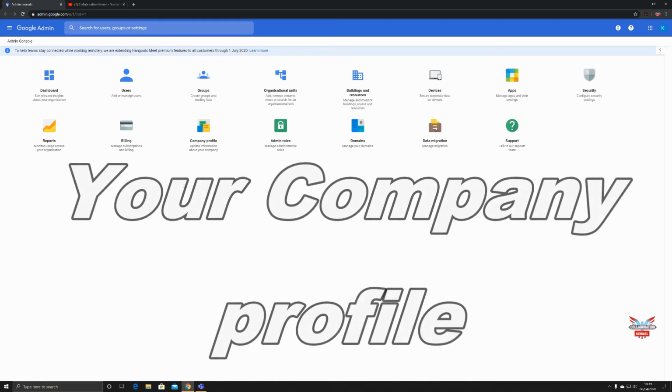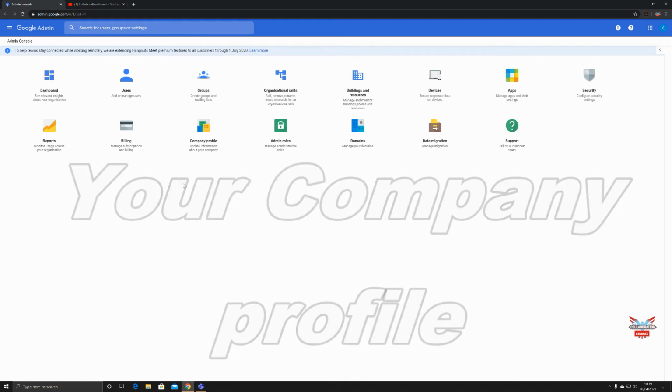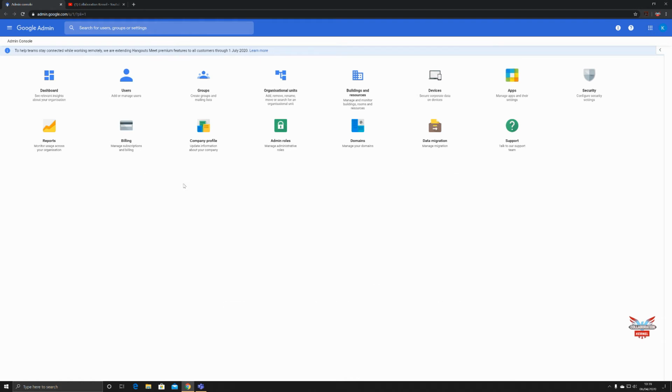Today we're going to talk about the company profile. Here you can change your company logo, what information you get from Google, even your company name. Say you want to go through a rebranding, or perhaps your company has been reacquired by another company as a form of a takeover, or perhaps you've just merged. Anyway, here we are in the Google admin